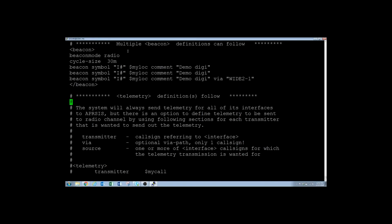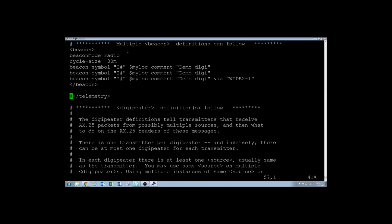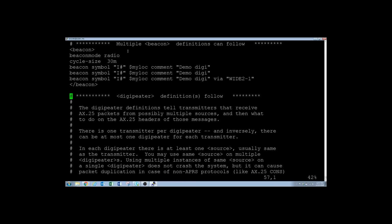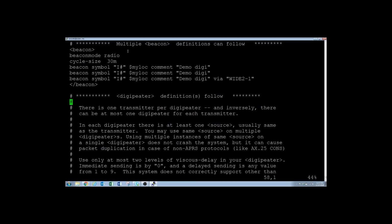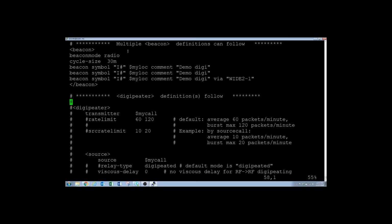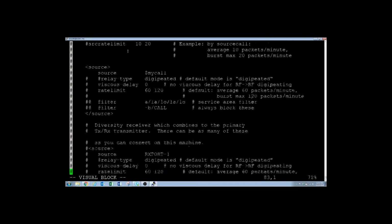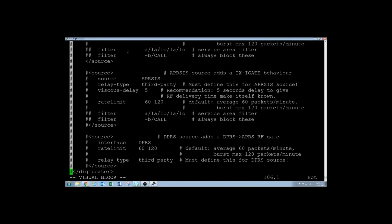If you're interested in getting telemetry, APRX will produce the telemetry as far as how many packets it's receiving and how many packets it's transmitting on any of the interfaces you set it up on, which is really interesting data when you're monitoring the local channel status. And then this is where APRX really shines, is these Digipeater blocks. This is really what makes it so great, because you can build extremely flexible